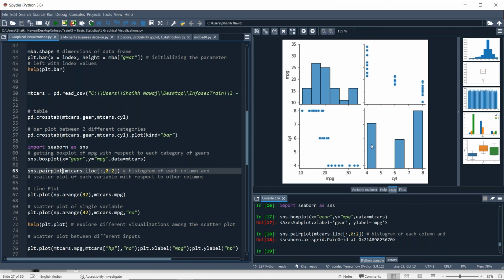Here you will see the cylinder count in the different cars, and this is the histogram.